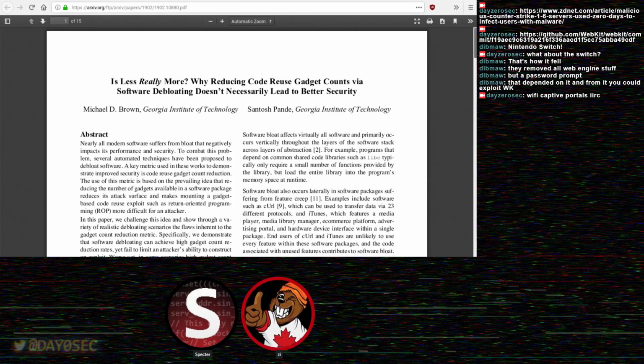As long as you've got just the right gadgets, it reminds me a bit of the cat and mouse game where people limited input to only lowercase letters, or uppercase letters, or just alphanumeric on some software years ago. And then it's like, well, you can build your shellcode out of alphanumeric or even just alpha. You could do that. That's what this reminds me of. It's like, yeah, okay, you can reduce the gadgets, but anybody sitting there looking at it is probably going to be able to figure something out.